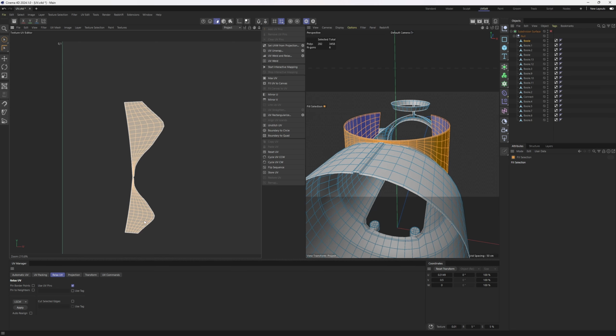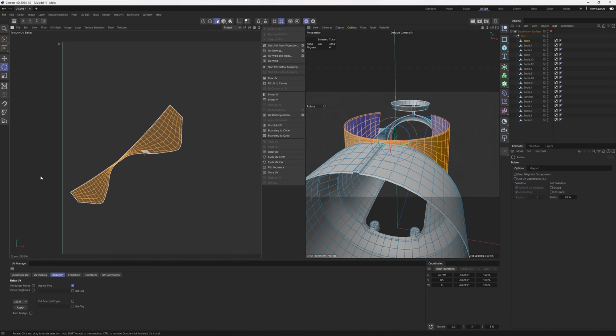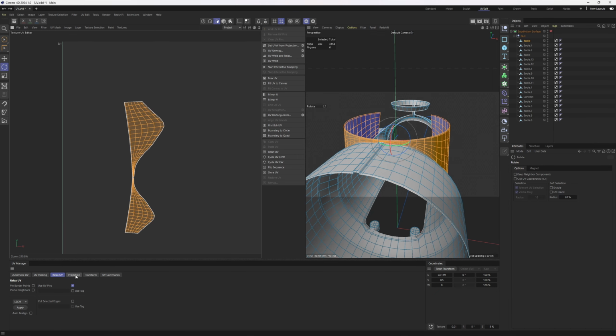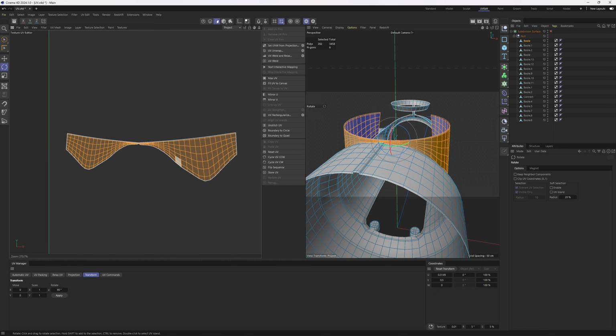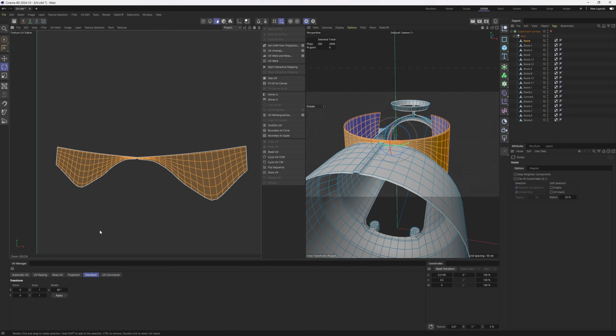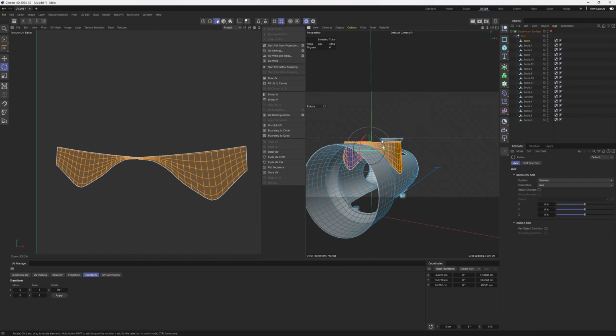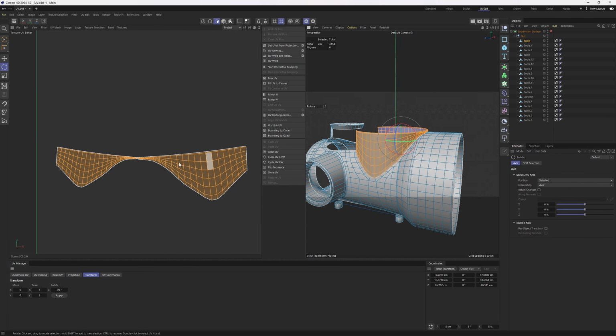I will rotate this. In order to rotate this, we have two options. One is the rotate tool, hit R and rotate this area, but I prefer the transform. I will come over here and type in 90 and click on apply. It's going to be much easier. After doing that, as you can see, the right side is larger than the left side, but this is not the case if you look at the 3D view. So we need to relax this out